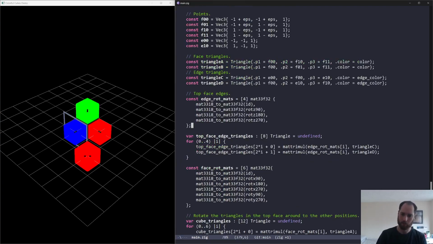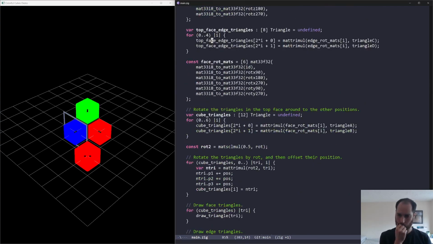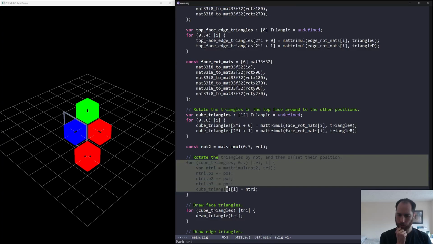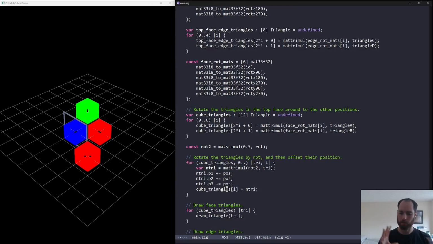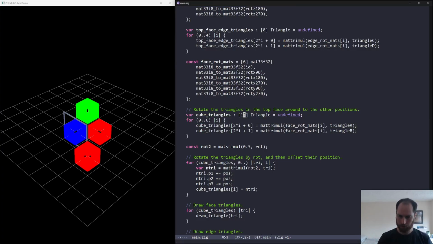So after rotating these things, we now need to add the top face edge triangles into the actual triangles of the cube, and then once we package them in, they'll get rotated into the correct place. Not that it matters because they're the same everywhere, but in that process they'll get shrunk and then they'll get pushed to the right place. So we now want to add them to these cube triangles. And so now we want to add in